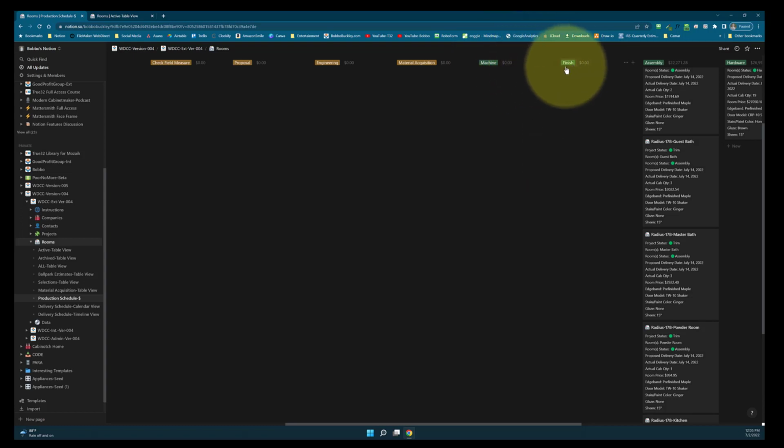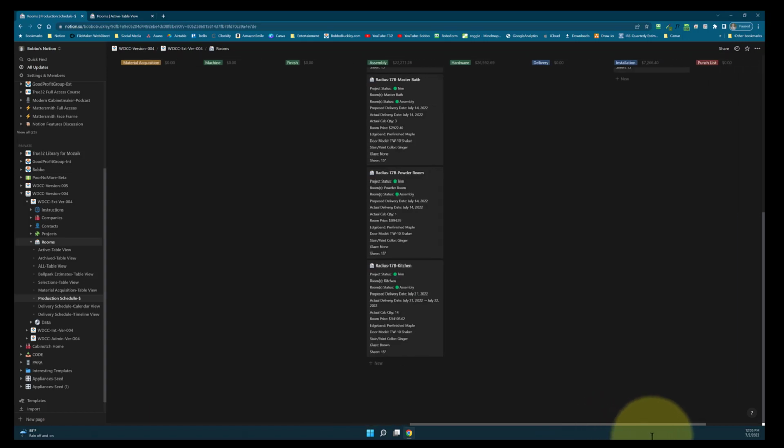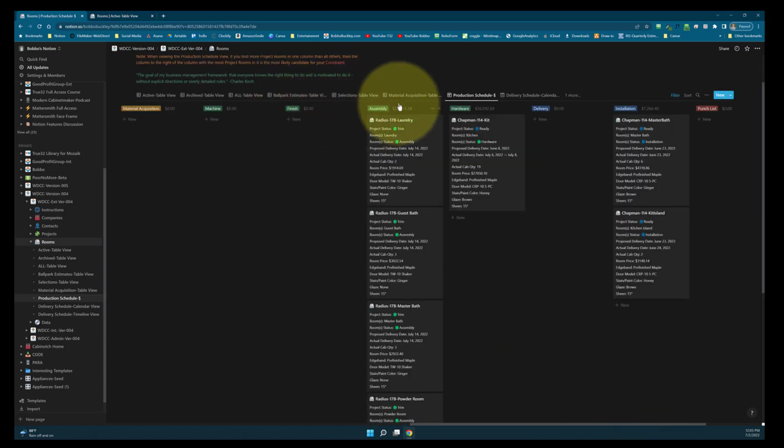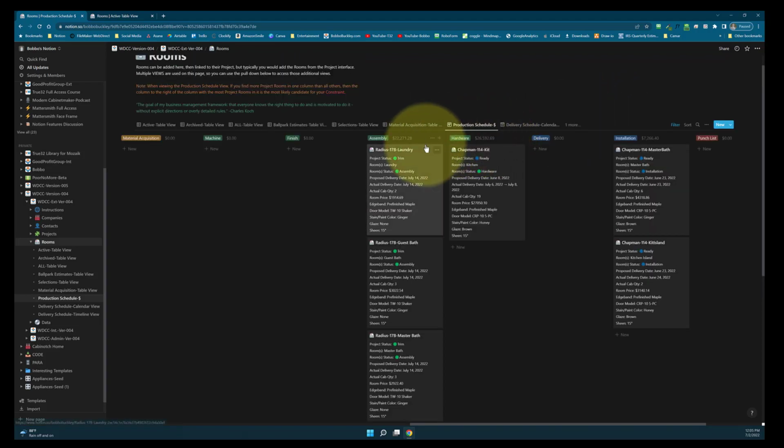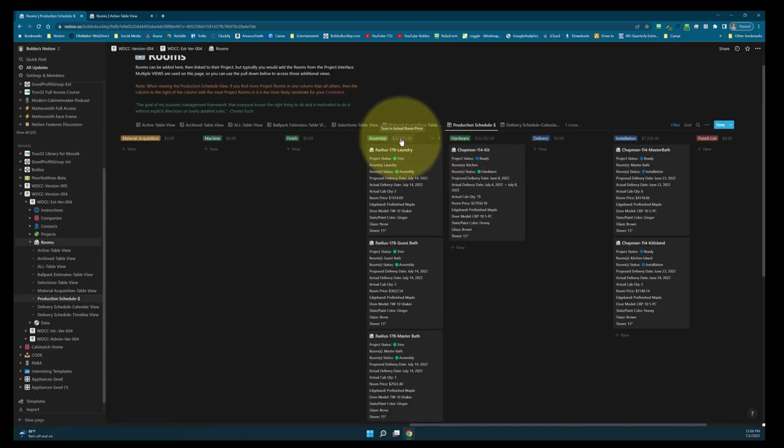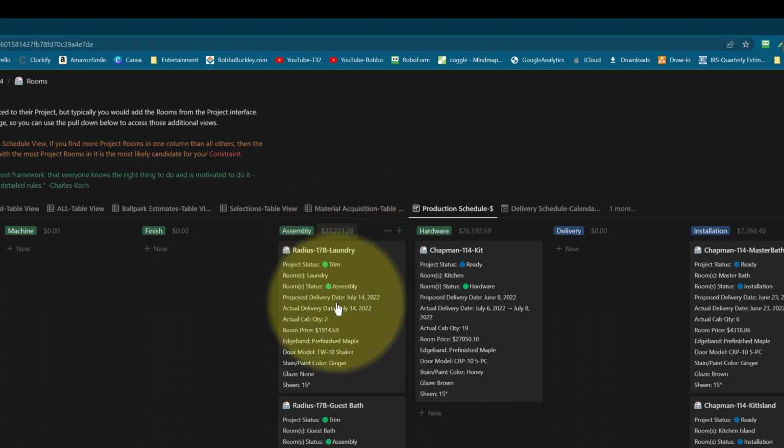Then we would have this finish area, and then we would have this assembly process. So finish process, assembly process, hardware process, delivery, and installation. One of the things I want to point out here is these dollar amounts. It's a combination of quantity and dollar amounts. Wherever you find that you have a lot of dollar amounts sitting is a good indication. Now, this version only has a few jobs in it, so it's not a good indication of this. But this could reveal your